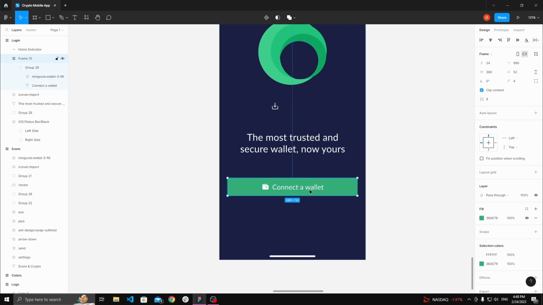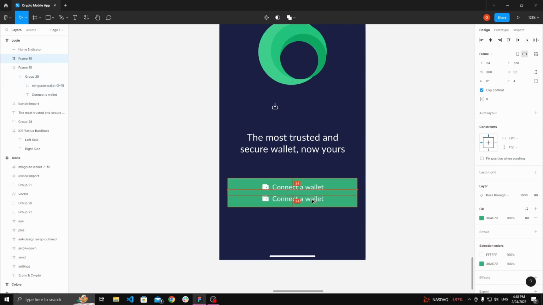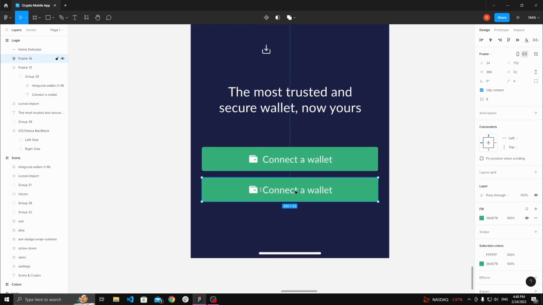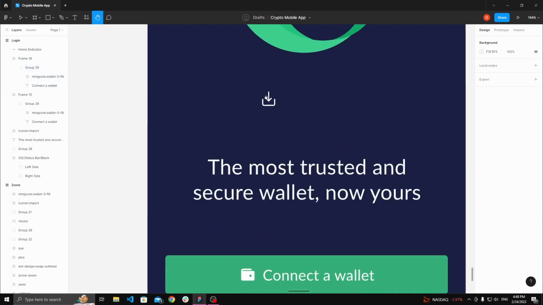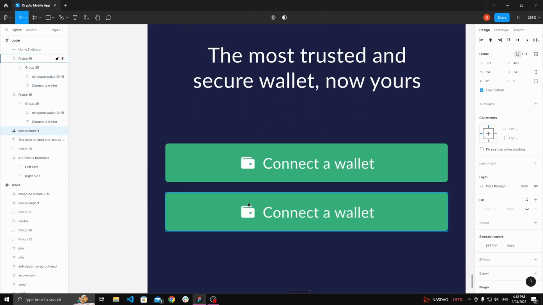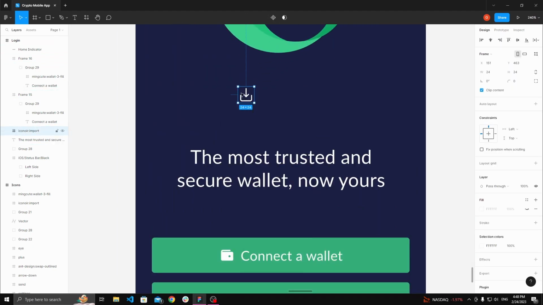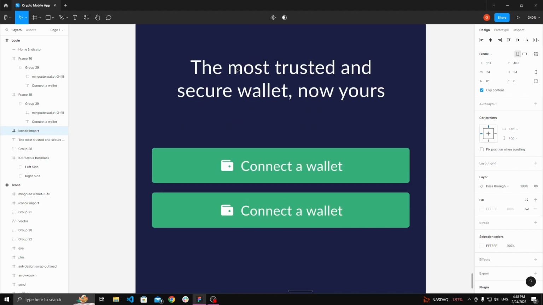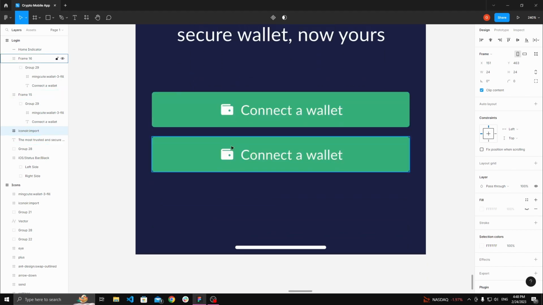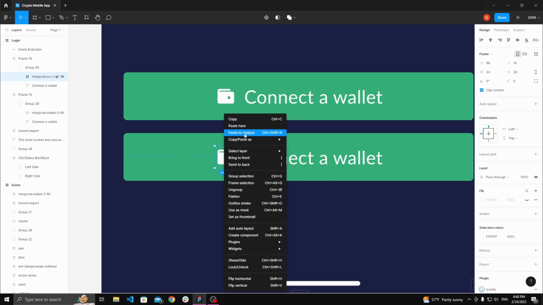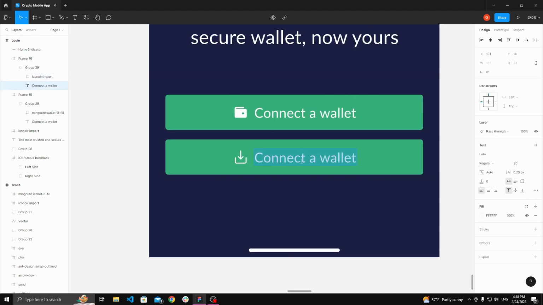And what we are going to do now, we're going to have another button. And this button will have no background color. What it will have is this icon here instead of this wallet icon. So select this icon. It's an import icon, so just copy it, and select this wallet icon, right click and paste to replace. There we go. And we're going to write here import